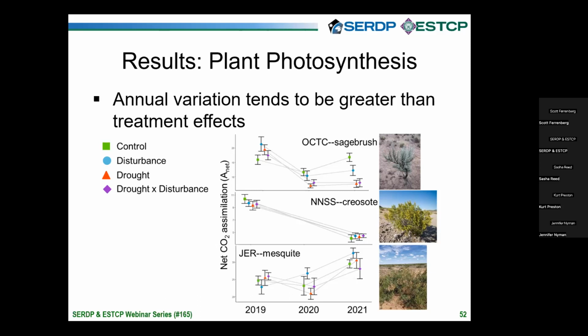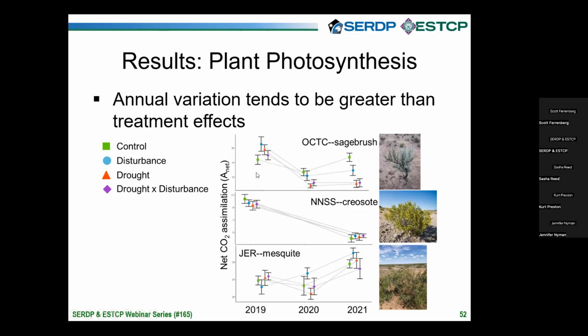And what we really can secondly pull out after all that variability that's just background natural response to the climate is that the treatments have not had much of an effect on the photosynthetic capacity of creosote or mesquite in our two southernmost sites. So while there's variability, the treatments aren't really distinguishing themselves as driving level of capture up or down. But that's not the same for the sagebrush. We can see up here on the top panel that the control plots are doing a little bit better than the disturbance. And both of the drought plots have been sitting quite low throughout this experiment. And we have data for 2022, which isn't on here. It takes quite a while to clean this data, but this is a continuation of these trends.